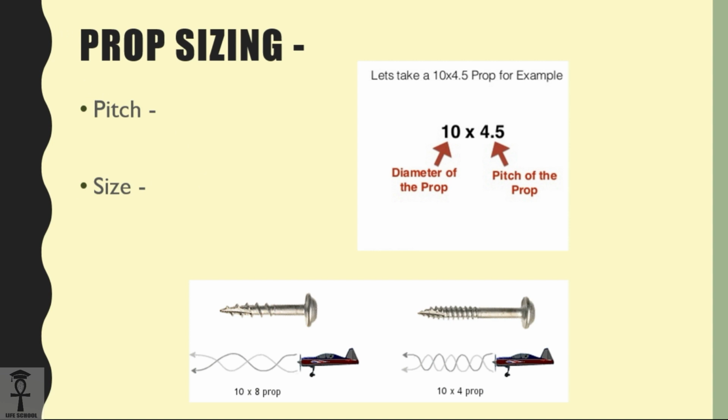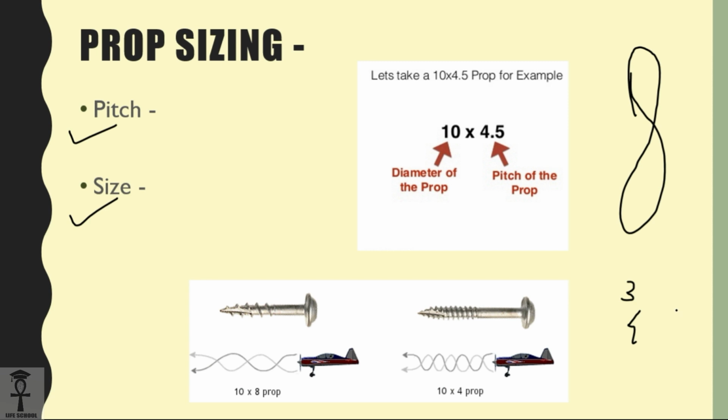Now first let's go with the prop. The propeller, as you must have seen before coming here, is characterized by two things, that is the pitch and the size. Right now we are talking about a general propeller having two blades. There are three-blade and four-blade propellers as well, but their efficiency is much lower than a two-blade propeller. So we are not talking about a three-blade or four-blade propeller, we are talking here about a two-blade propeller.